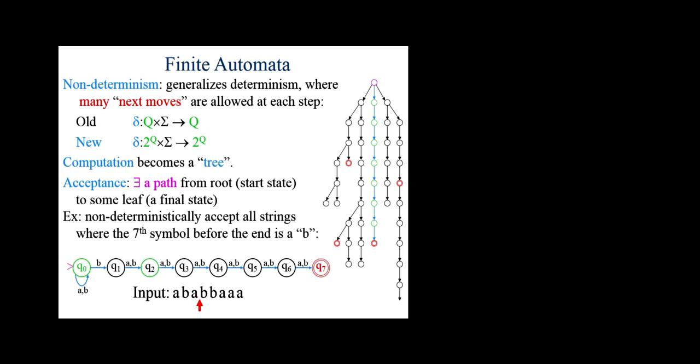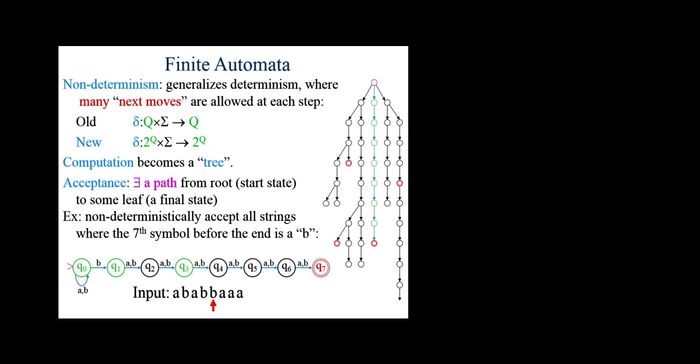And now the next character you see is a B, and from here on a B, you go to this state. From here on a B, you go to itself and to the next state, Q1, here. So now you're in three different states, Q0, Q1, and Q3. How many follow this, what's going on here? Okay, good. That's most of you.